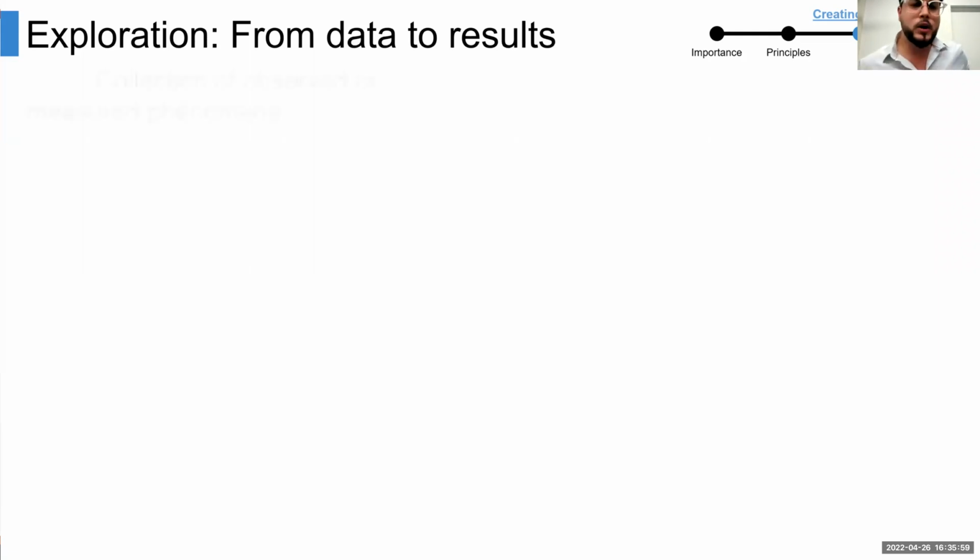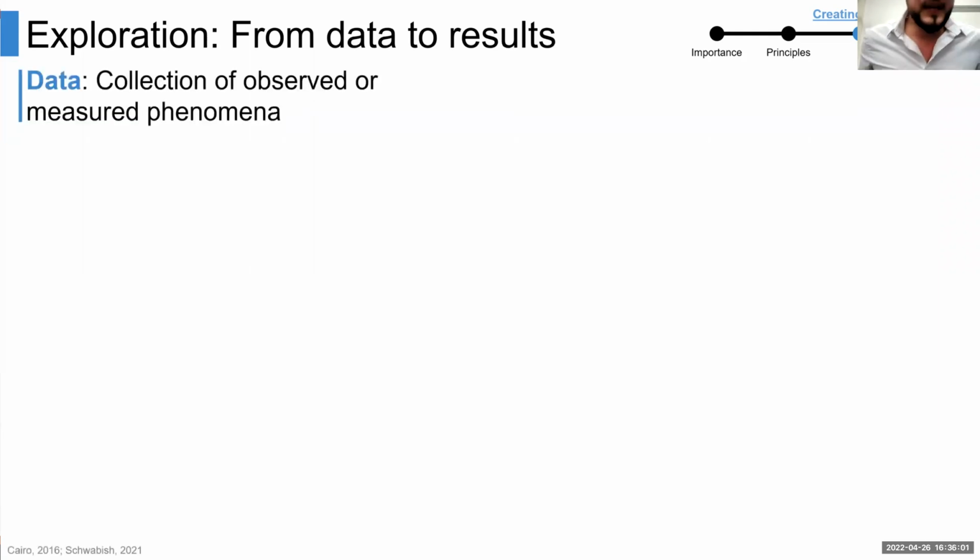Now we're going to be moving to the third part of this workshop, which is related to how to start in terms of making a visual, how to better understand your data set, and how to go from point A to point B, from having a data set, to having results, to having a visual, right? To understand all this, first we need to set some background information and some key important concepts,